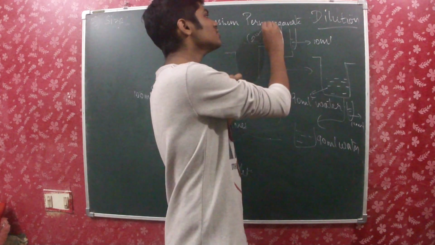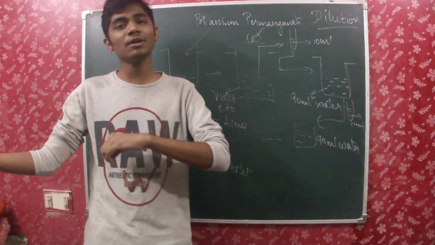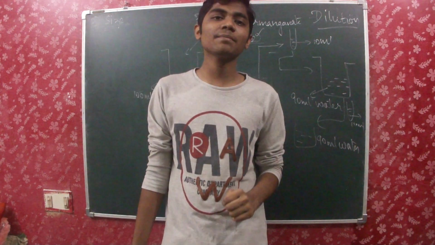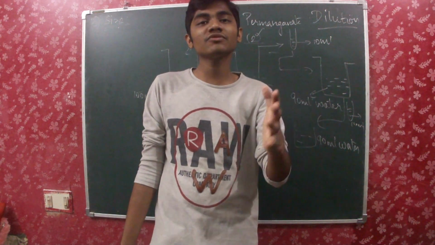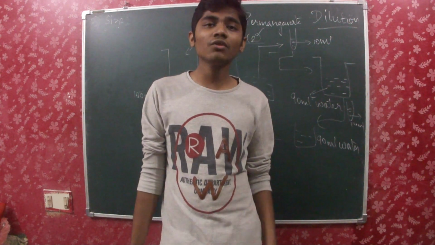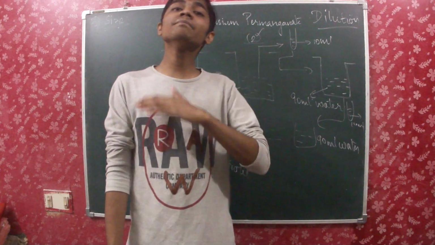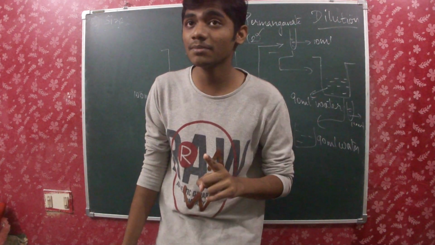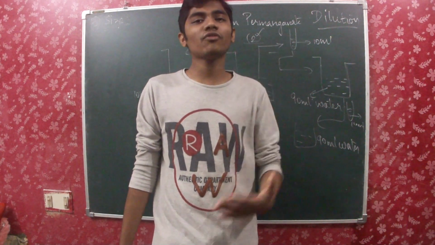How is this possible? I added just 2 crystals and I am just taking 10 ml, 10 ml, 10 ml, but still the color remains. From this what can we understand? Two crystals of potassium permanganate are enough to color this much amount of solution. This large volume of solution can be colored by just 2 crystals. So can you find out how many particles will be there in each crystal of potassium permanganate? Yes, it will be millions in number. So there will be millions of constituent particles in one crystal of potassium permanganate. Only then can we retain the color even after diluting it 8 times.